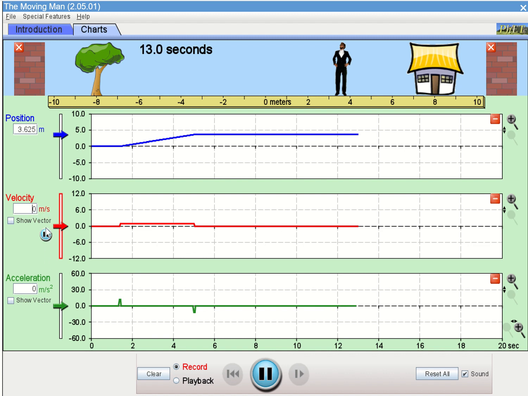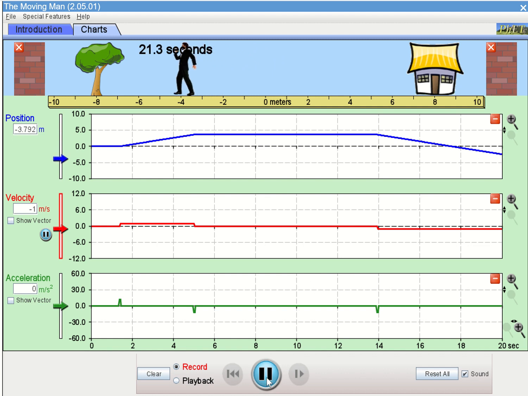If I want him to go the other direction, I can make this -1, and he'll start walking back. And what you'll notice is that my position is going back towards the origin. And once I pass the origin, what you're going to see is that it's going to go into the negative region. So I'll stop it there because you can't see the graphs anymore. If we zoom in on our velocity trace,